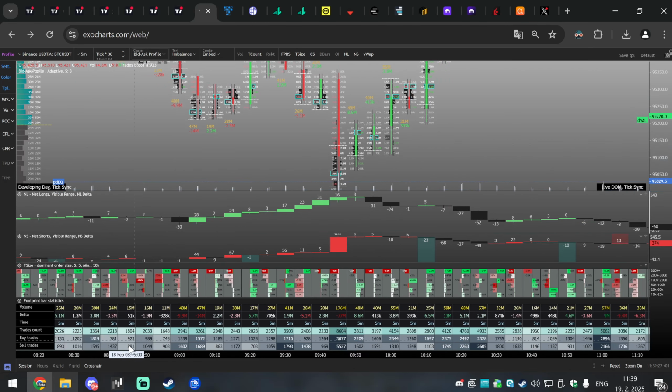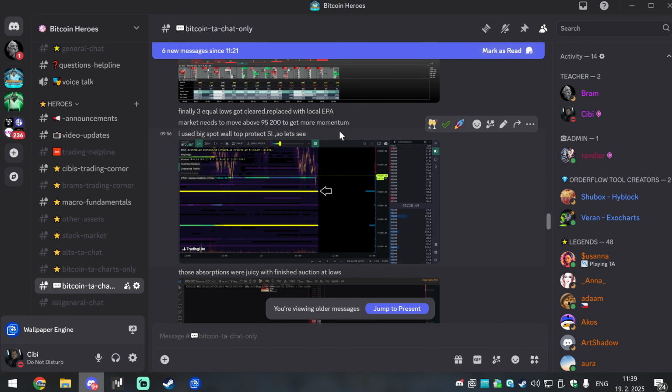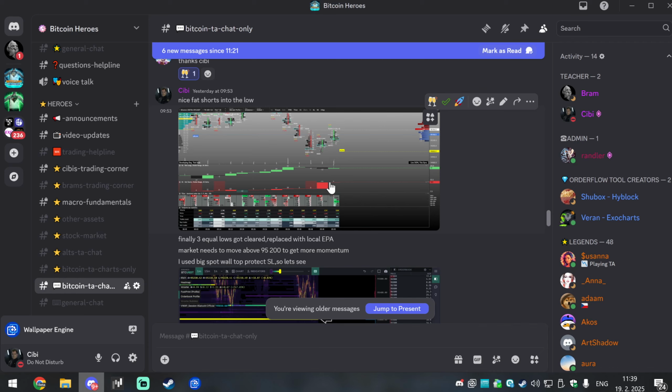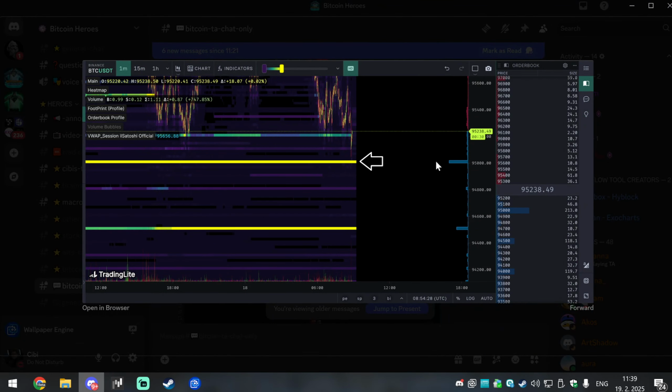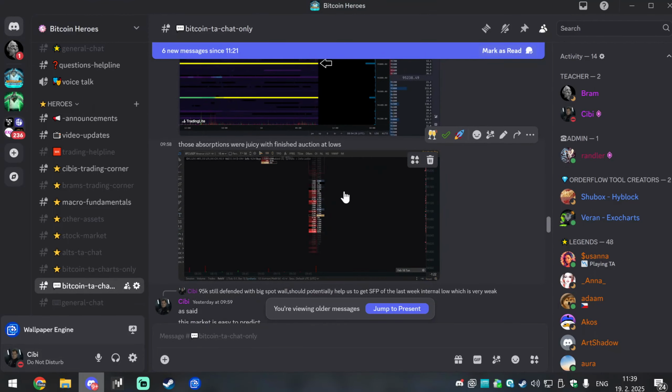So trap traders, very good there. I immediately knew this has at least intraday potential. What is great about this trade also, you've got the 160 Bitcoin wall on spot market, so a very, very big order on spot. And you can literally use a tight stop loss here. You don't need a very wide stop loss in such a trade scenario. The wall is protecting you. We use that often.